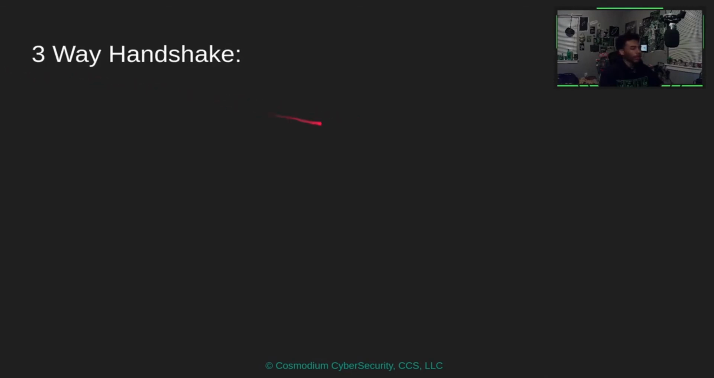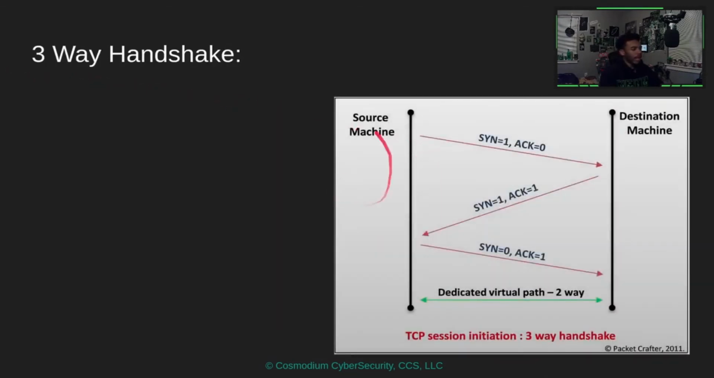So let's talk about the three-way handshake. I covered this a little bit earlier, but this is an image from Packet Crafter. Definitely citing them. We have two machines: our source machine, which is our client, and the destination machine, which is pretty much going to be like our server. There are three things that get sent between the machines, right? First is the SYN. The SYN is basically synchronizing, right? So when we're connecting to a website, we'll send the SYN